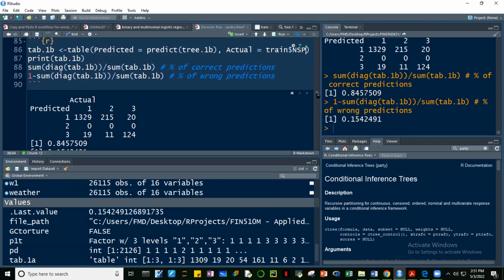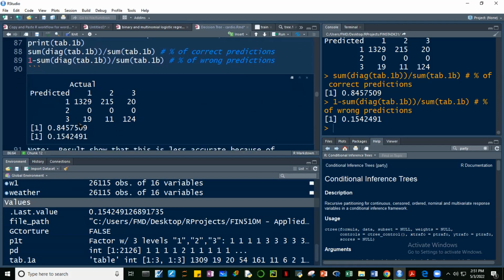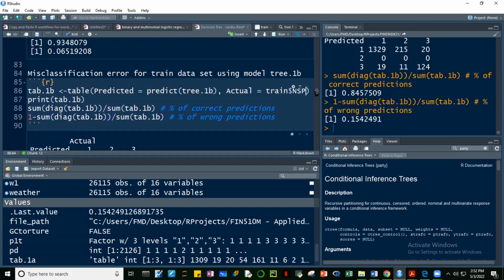Okay? And then the percentage of correct prediction is 84%, tapos yung mali 15%. So guys, it's